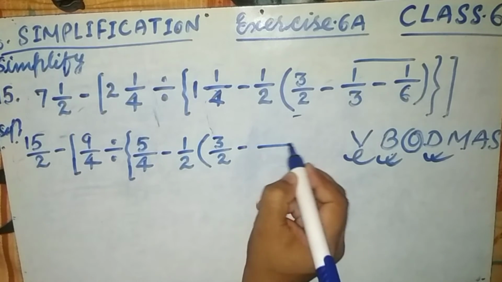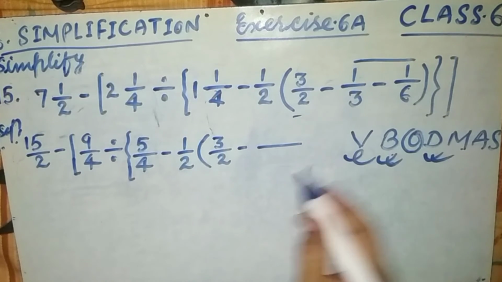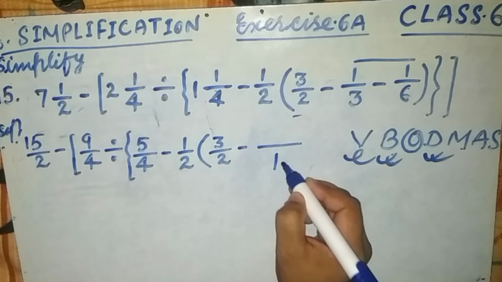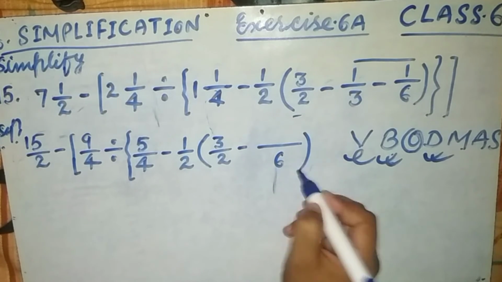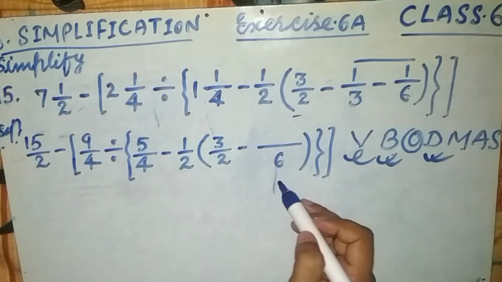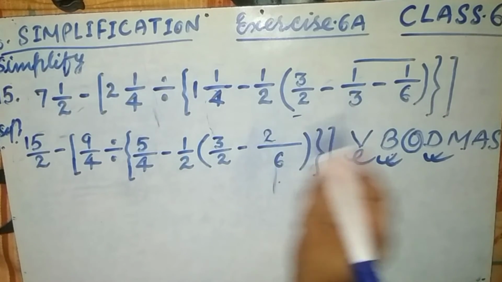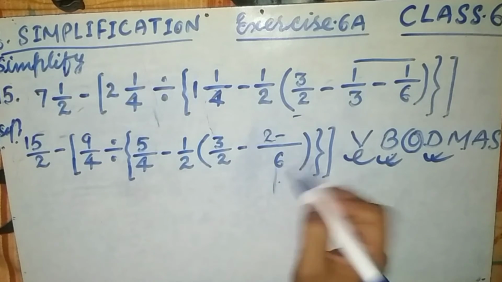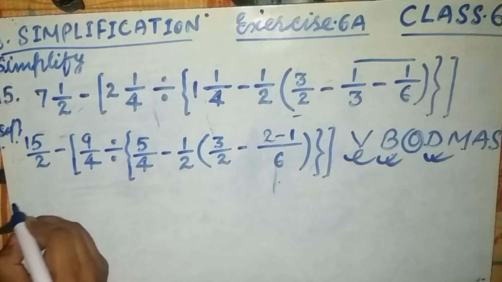Now take the LCM of 3 and 6, because first we have to work for this bar. Now this is 18, sorry, 6 is the LCM. Close bracket, then curly bracket, then big bracket. Now take the LCM of 3 and 6, 6 is the LCM. Now divide this 6 by 3, 2 multiplied by 1, 2 1s are 2. Very good, minus. Now 6 is divided by this 6, 1 multiplied by 1, 1 1 is 1. Okay, now this is as it is.